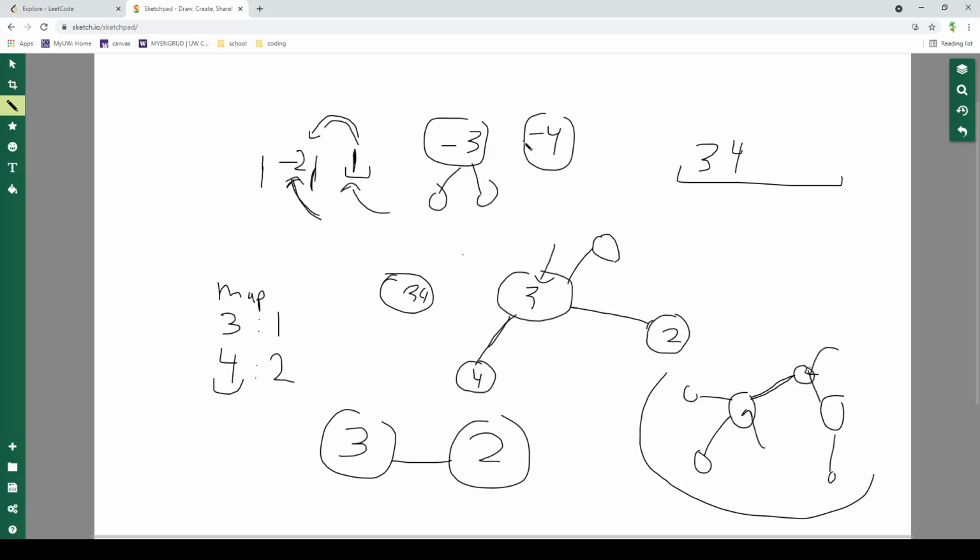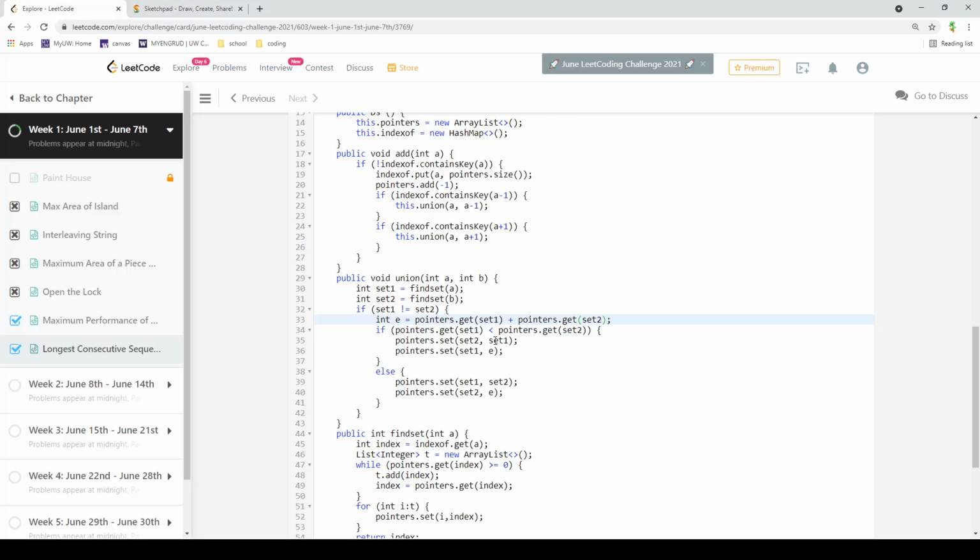When we union them, we want this one to point to the index of this one, and this one to have a value of -7, because now we know that this guy also holds these guys that are in whatever here, right? So that's what we do. We add these two negative numbers together to get the total number of elements inside of that group. Then we just union them together by pointing one to the other and setting that one to be the total number of elements. And this if else just implements the union by weight,